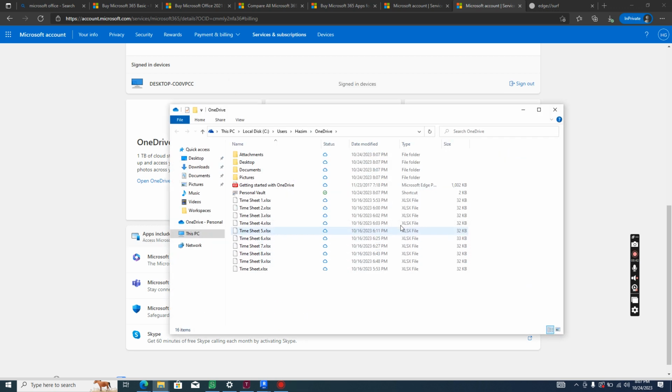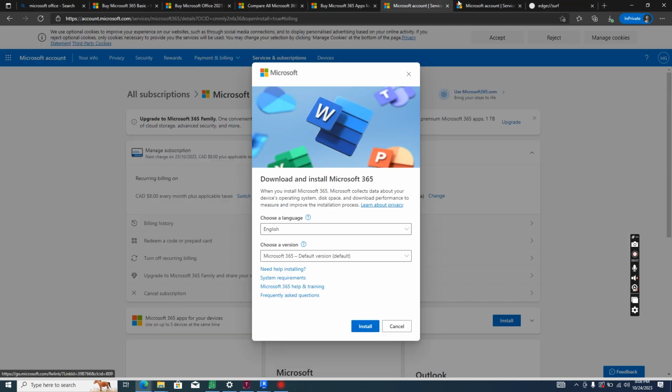I'll open it later. So now you'll see that if I go to This PC on the side here, I've got my OneDrive. So all my files are in my OneDrive that I've been working on already,